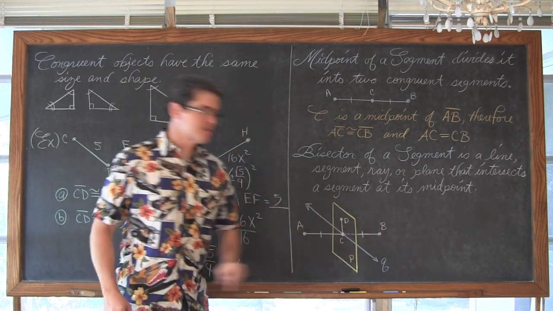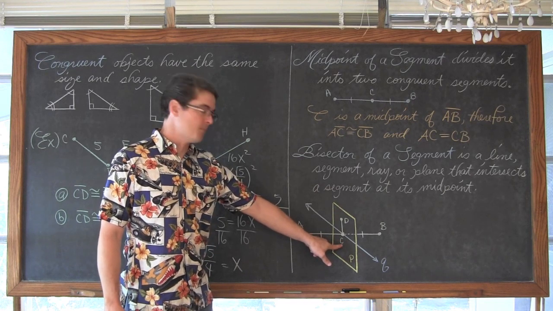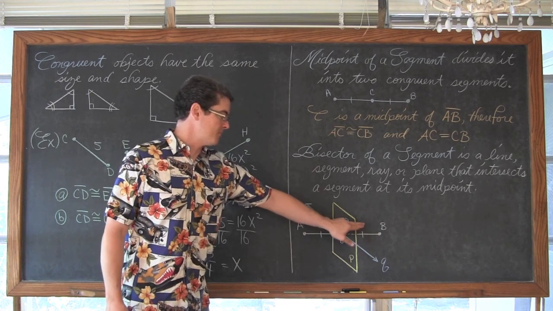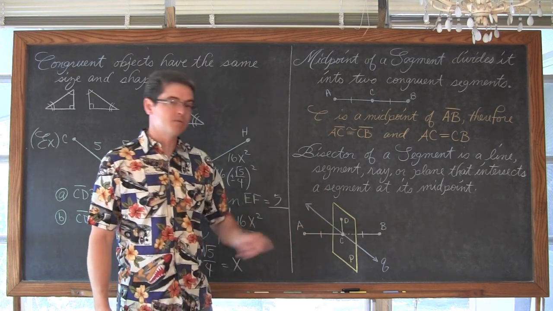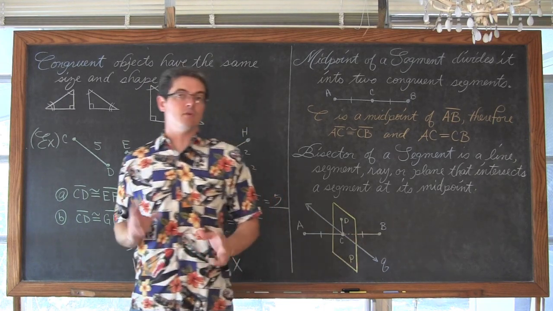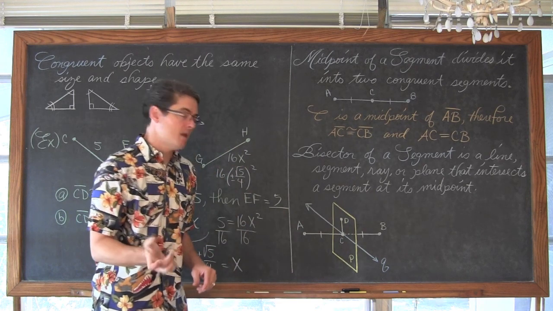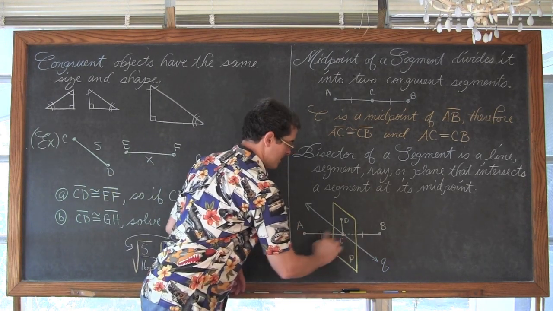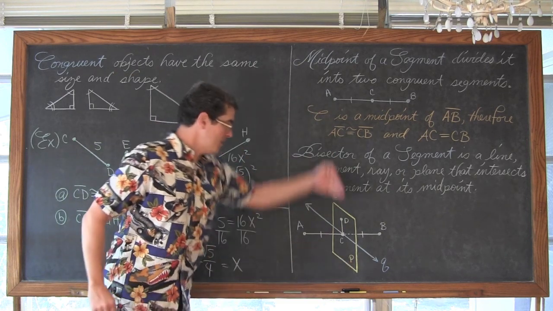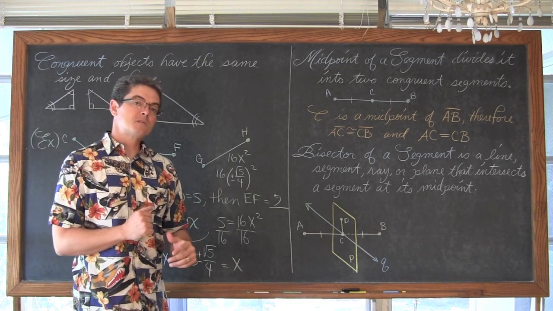So in white, I have segment AB. I've got its midpoint here at C, and I know it's the midpoint because I've got a couple of vertical slashes through these two parts. These are, again, a geometry notation for equal. So segment AC is equal in length to segment CB, and that's indicated by these two little hash marks. I've got plane P coming through and intersecting the line segment at C, so it's a segment bisector.